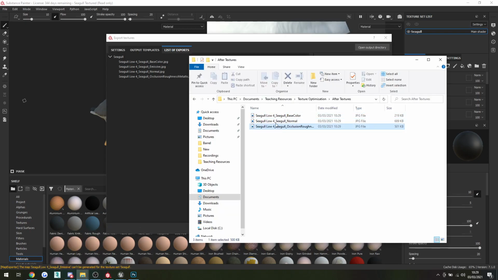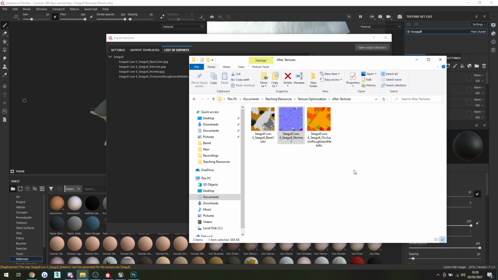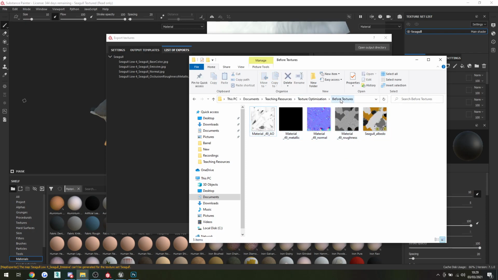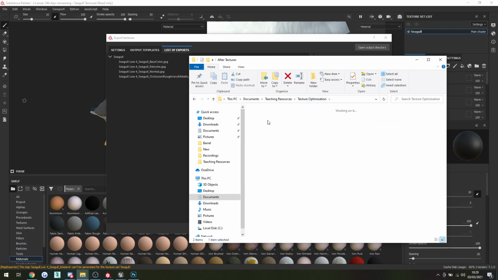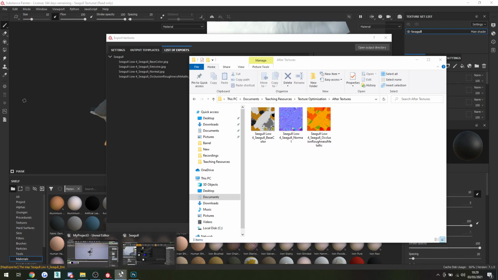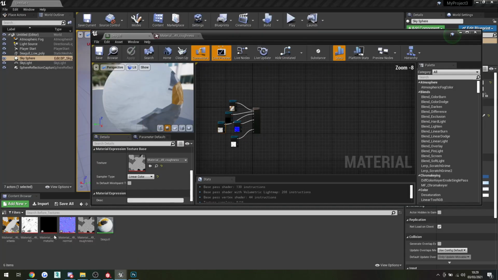Okay, so there we go. It's exported them all. So you can see that I've only got 3 now, as opposed to 5. You can see how that's way more optimized, right? You can see that they're weird colors, okay? But that's fine. So if I go to Unreal now, we're going to drag those textures in,